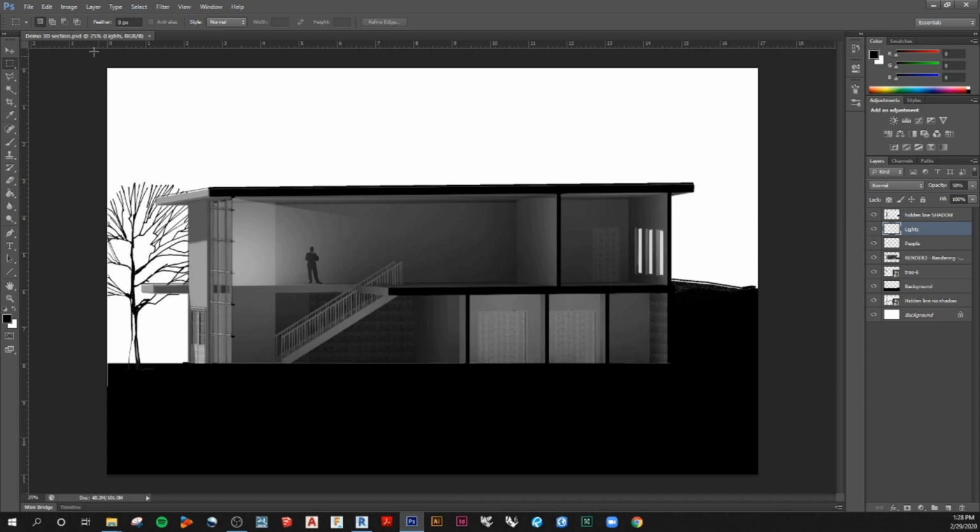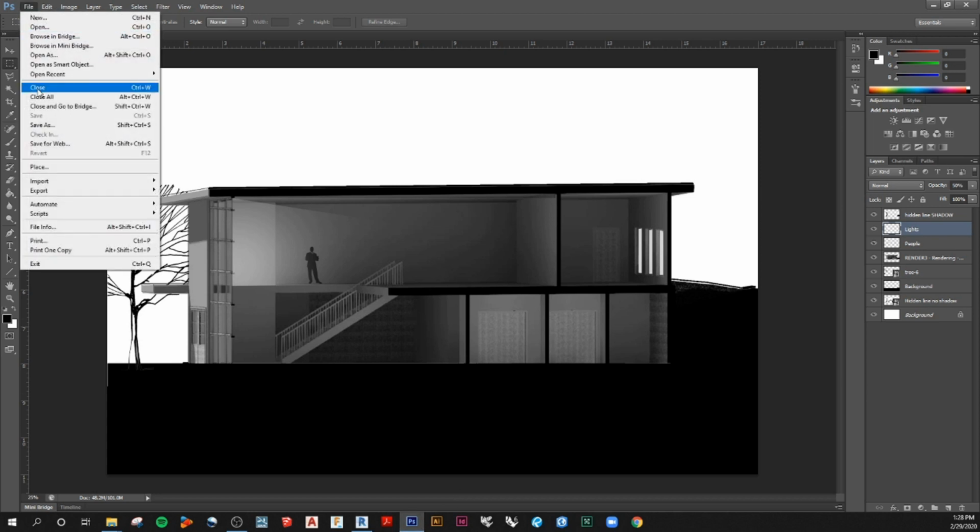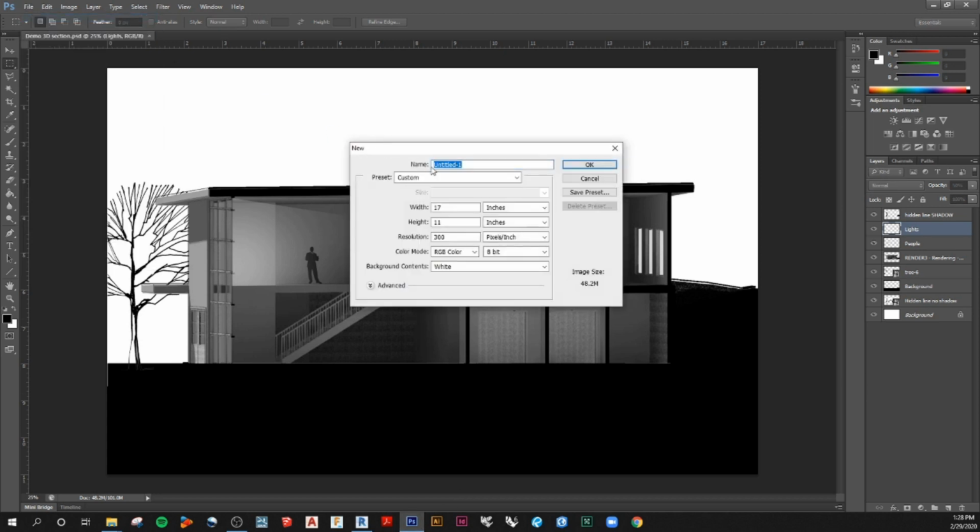So with Photoshop open, to open up a new file, we're going to go to File, we're going to go to New, and we're going to choose a 17 by 11 inch, 300 pixels per inch, RGB color. This is good for digital. This is good for quality if we were to print it. If you wanted this to be purely for printing, you'd choose CMYK, but I like to do a mix of 300 DPI and then RGB. And then this is 11 by 17, very common for a portfolio size. And we'll name this 3D section